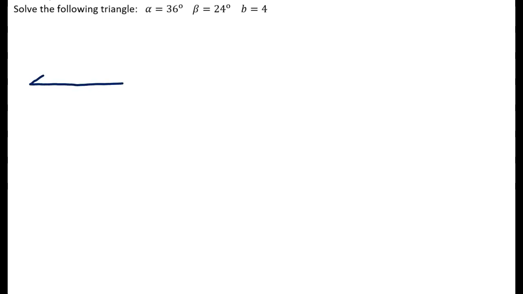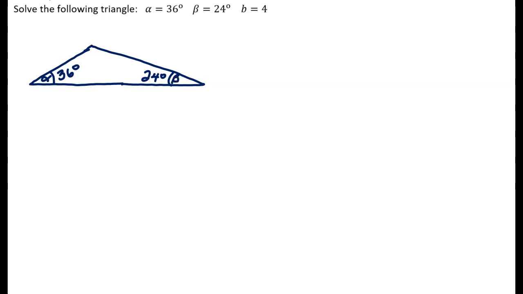Over here in the corner, we've got a 36-degree angle, and that was my alpha. And then our second angle, and we can draw it either on the top ray or the bottom ray, is 24 degrees. Since I've already got this bottom ray extending out longer, I think I'll use that. I need something a little smaller than that 36-degree angle I drew. So if we make that a little skinnier, say that's maybe what a 24-degree angle looks like,